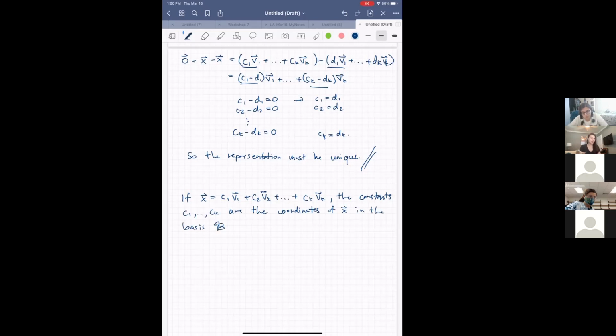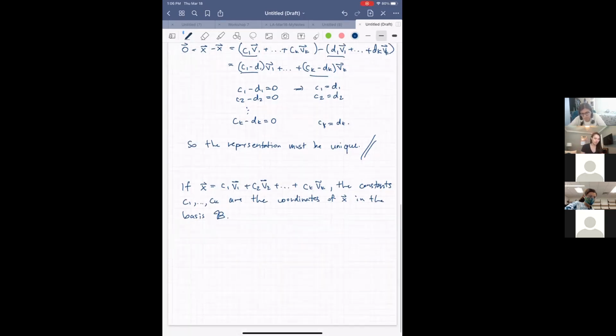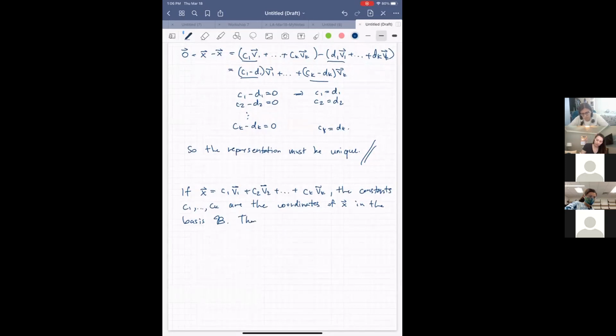So it's really important that you make it clear that B is the basis that you're representing your coordinates in, and then the B coordinate vector